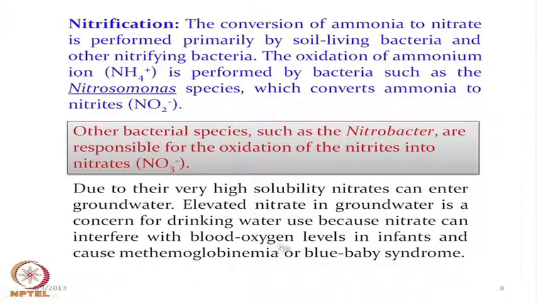So these nitrates and nitrites interact with the blood oxygen level, because the hemoglobin and myoglobin molecules have an iron center which can take up oxygen, and taking up this oxygen depending on the partial pressure of oxygen controls the blood oxygen level. So when the water contains some nitrate and nitrite ion, that will definitely interfere with the oxygen level in the blood, particularly for babies. Okay. Thank you very much.